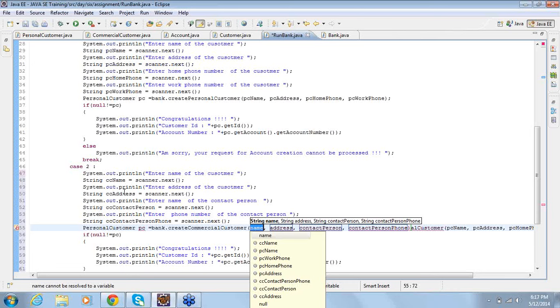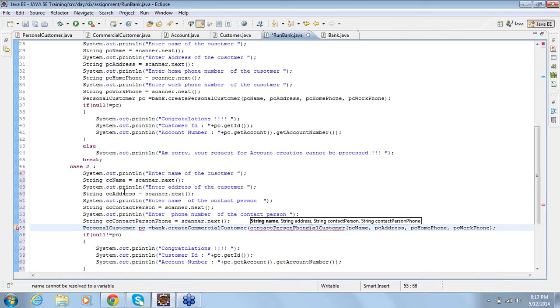Create commercial customer, with CC name, CC address, contact person and contact person phone.